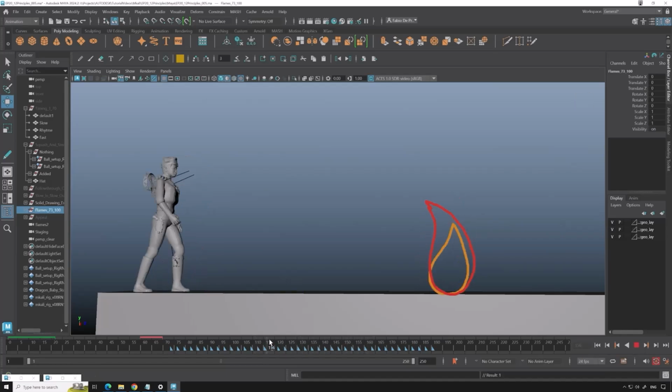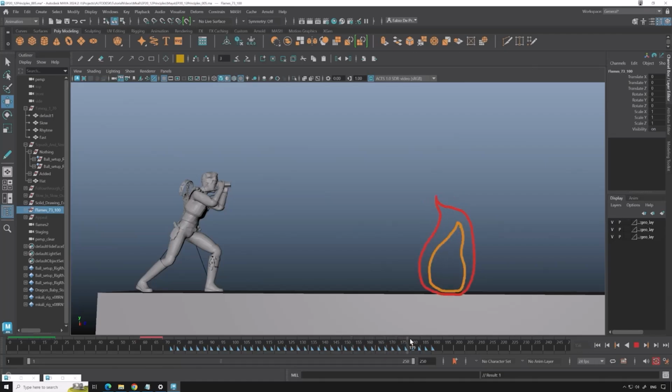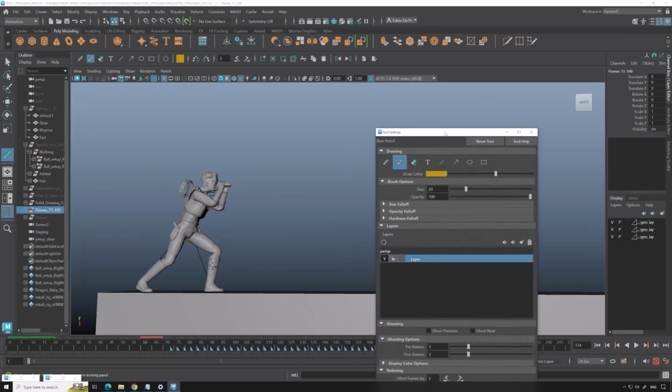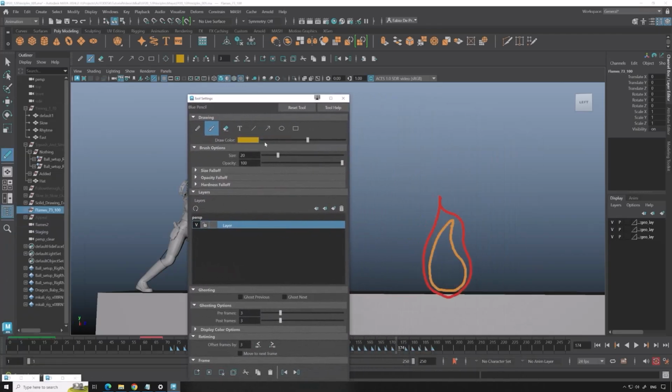It's not the best 2D animation, but it gives you the correct idea. You can do this by using the pen tool right here. So let me open it for you. And then you can add a color or choose a color. And you can just draw. And when you draw something like this,